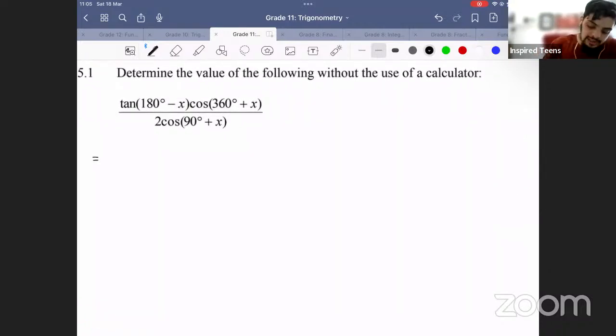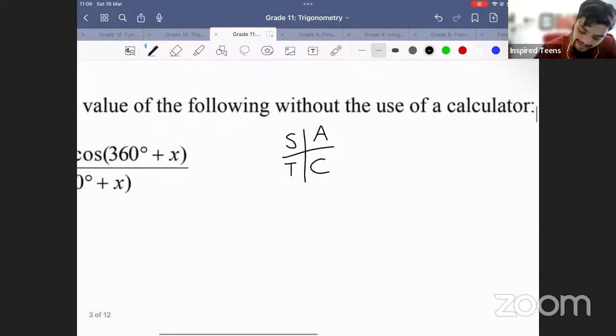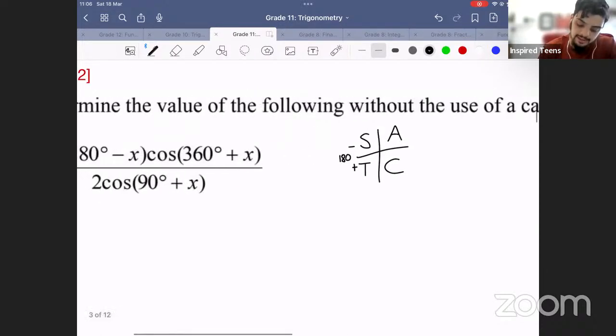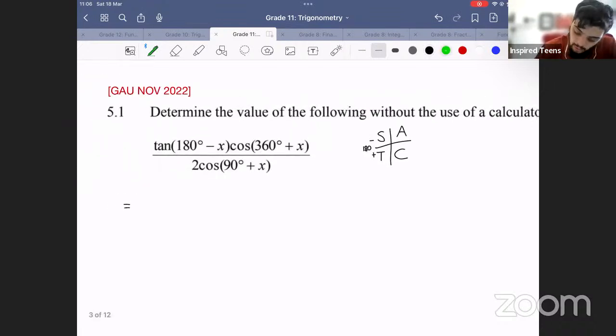So the first question is tan(180 minus x). Remember, you draw your little CAST diagram to decide whether your trigonometric function is positive or negative in that respective quadrant. 180 is here, less than is minus, after it is plus. So 180 minus x is in the second quadrant. In the second quadrant, only sine is positive, so tangent is definitely negative. So it becomes negative tan x